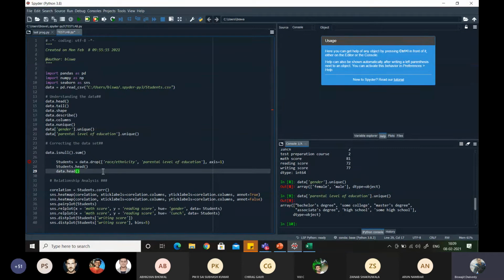These things happen automatically. So we will look at a few codes related to clearing the data set.